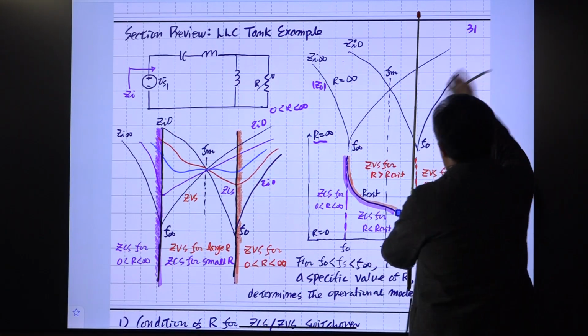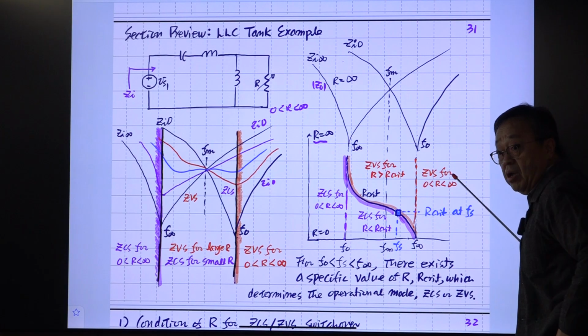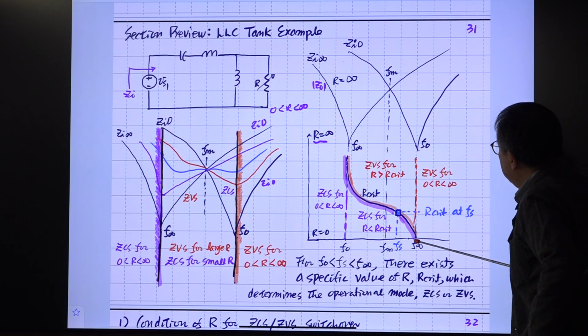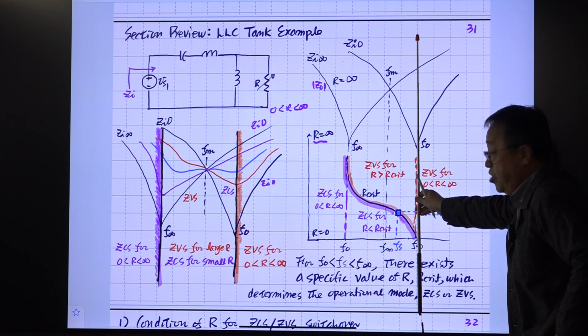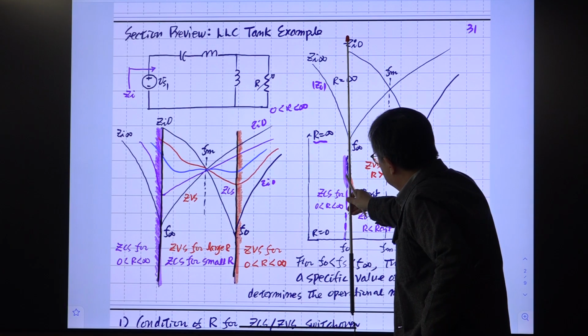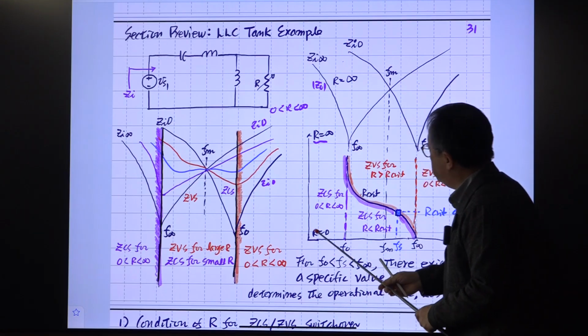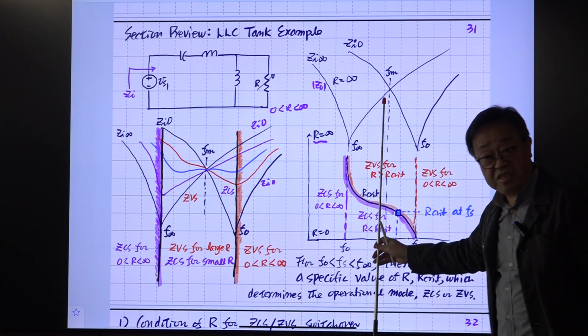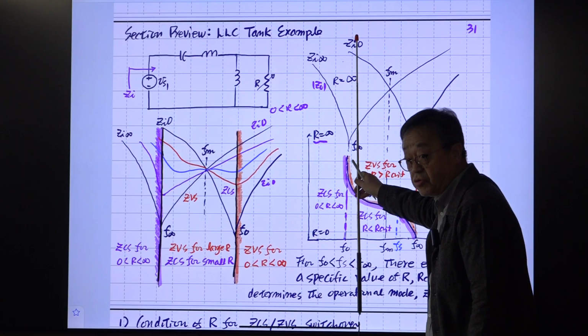so the slope is always in this direction. So this is the GBS for all R. So start from 0, and this is the infinity. So for any value of R, GBS is guaranteed. And this area is situated the other way around. For any value from 0 to infinity, GCS is guaranteed. Bad for the MOSFET switch, good for the GTO switch.